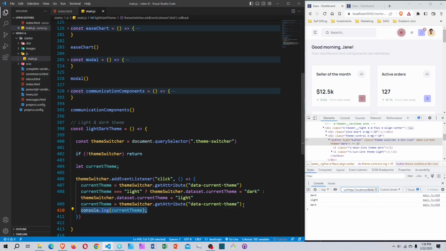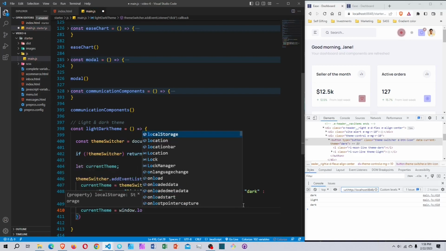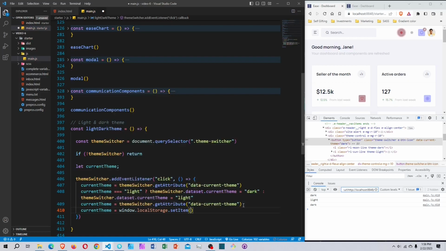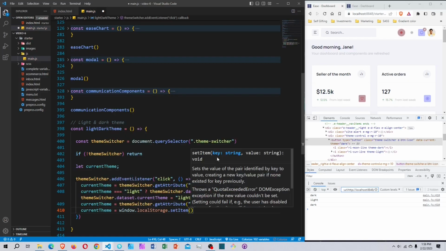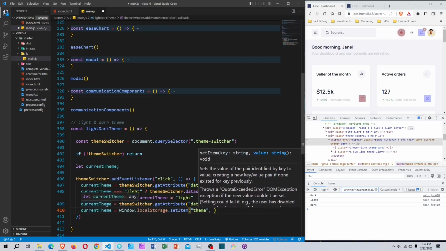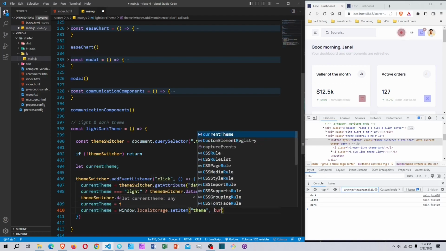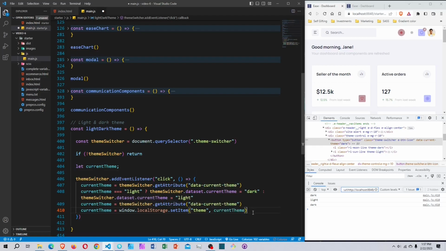So what we do, we're going to set our current theme again to be window.localStorage.setItem, and it takes two parameters. The first one is the key and the second one is the value. For the key for this one, I want to set it to be theme, and the value will be equal to the current theme, because that's the value we're getting from here. So I'm going to set it to be current theme. Okay, so if I save this